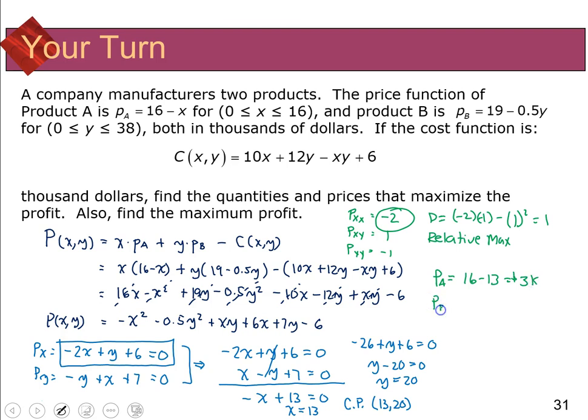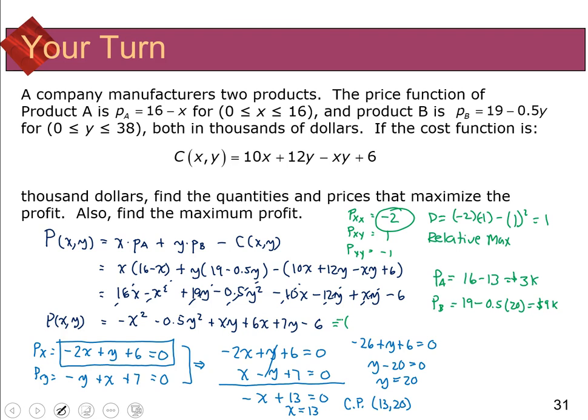The price of B is 19 minus 0.5 times 20, which would be $9,000. As far as the profit goes, I'm going to come back to this function here and do